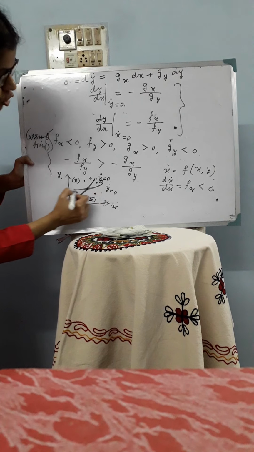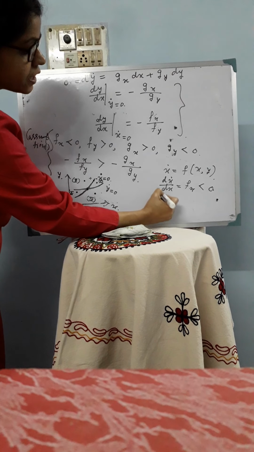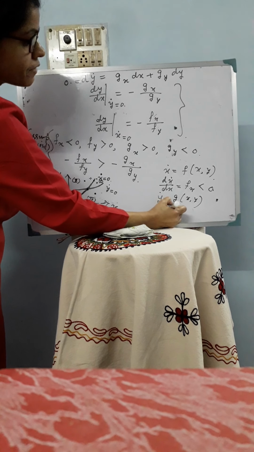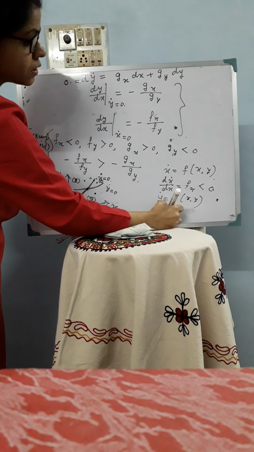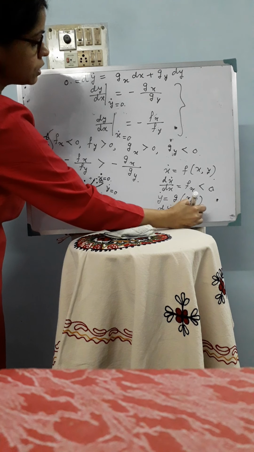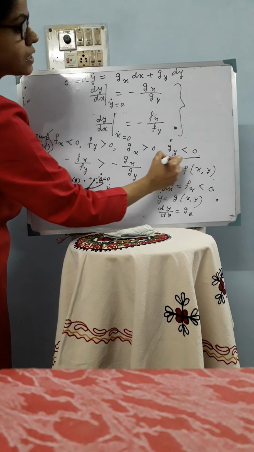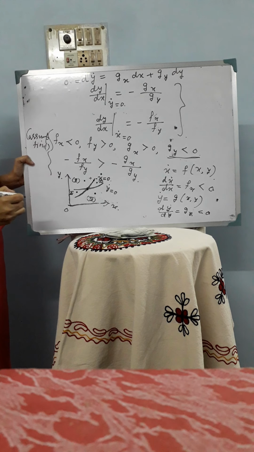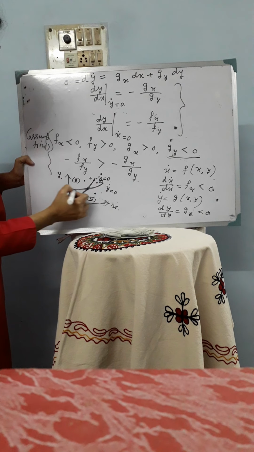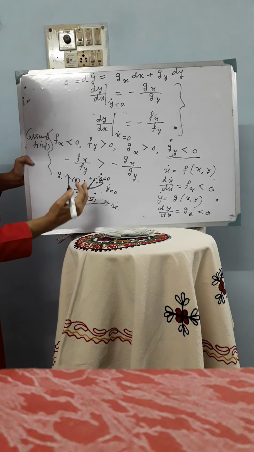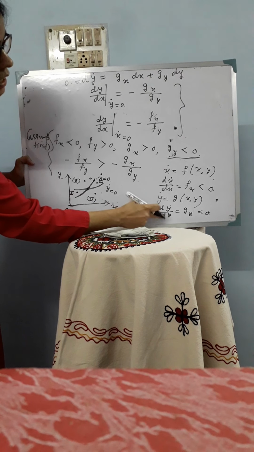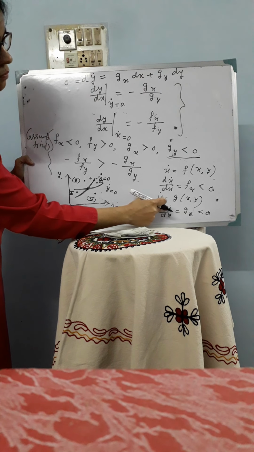Now what about the y dot curve? If we consider y dot is equal to g of x y, then what is the value of dy dot dy? It is equal to g_y. Now by assumption g_y is less than 0. So therefore we can say that dy dot dy is less than 0. Now if we consider this curve y dot is equal to 0, then if we go up, that is, if we increase the value of y, then the value of y dot will decline.